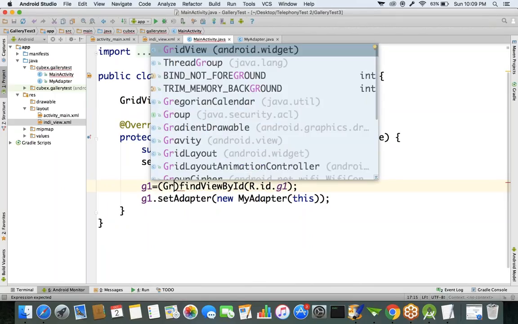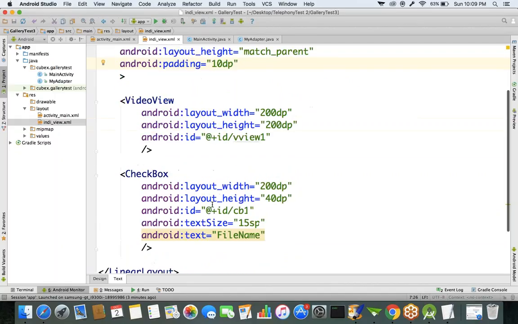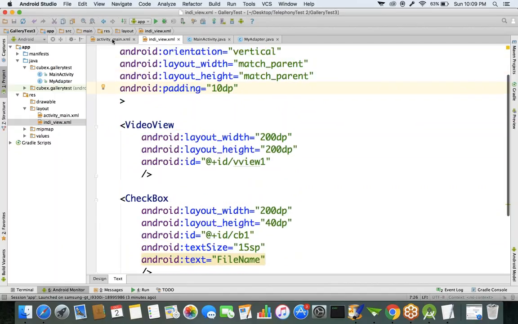In place of the gallery component, I'll change to a GridView component. That is the only change. From gallery, I changed to what? The GridView component. But here, another change is that for the GridView component, one important parameter is